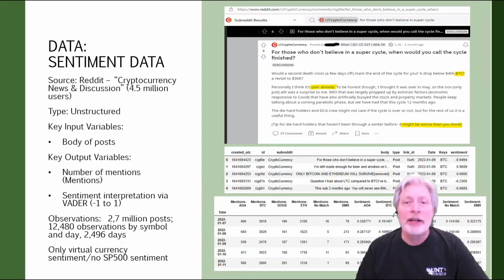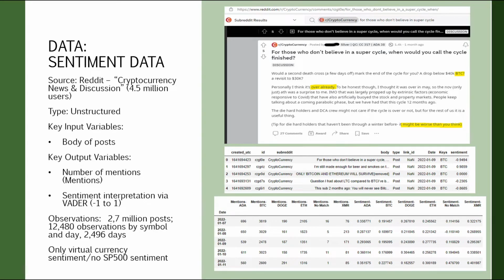I then used the Vader Sentiment Analyzer to categorize the sentiment or tone in each post in the range of -1 for negative sentiment to +1 for positive sentiment. Vader is an MIT open source Python library with a focus on categorizing social media sentiment, so it was perfect for this situation. You can see an example of the process in the upper right, beginning with a sample post